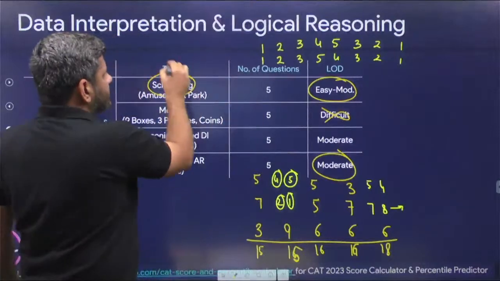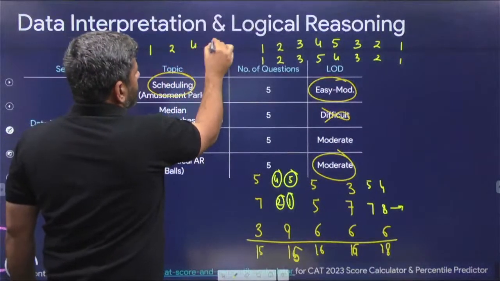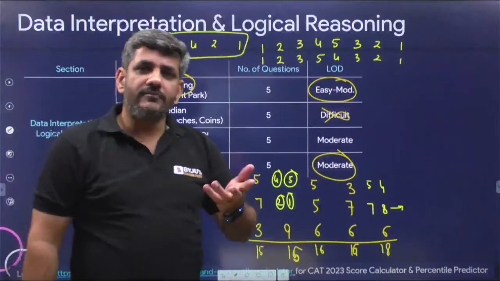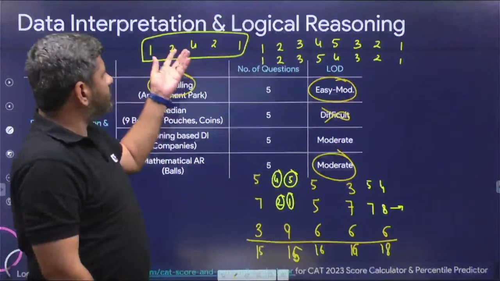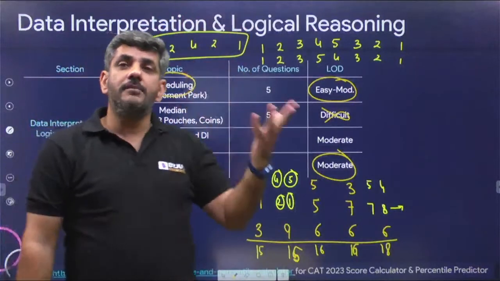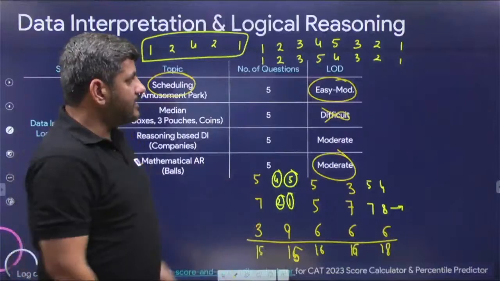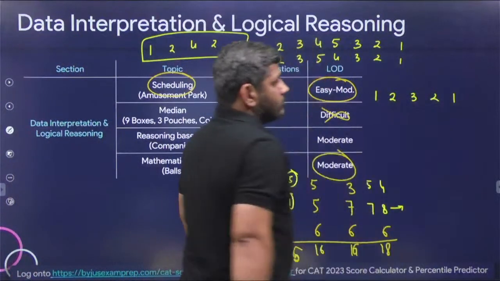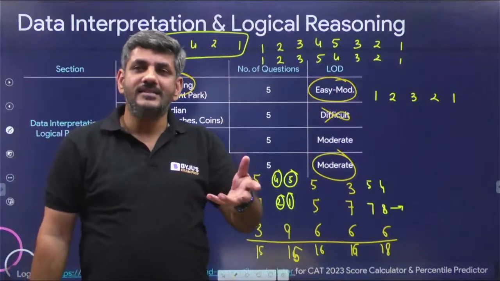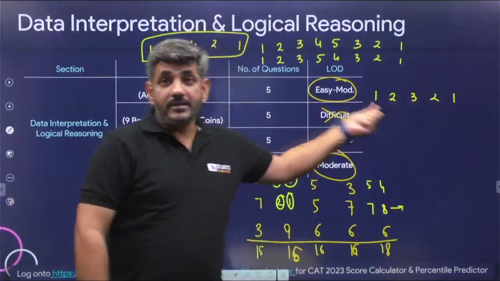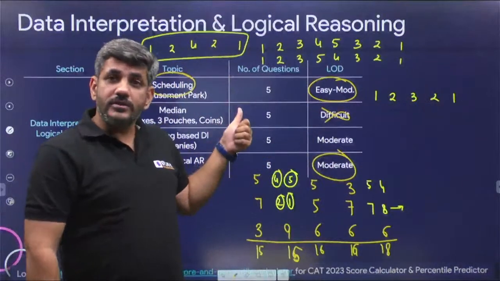But in one of the cases we got 1, 2, 4, 2, 1. I'm sure you all remember that. So there we get a unique answer, because 1, 2, 4, 2, 1 can be formed in only one way; even if you reverse it, it would still be 1, 2, 4, 2, 1. Similarly, there was another one, 1, 2, 3, 2, 1, whose total was equal to 9 CR. That one will also be formed from 1, 2, 3, 2, 1 only, and if you reverse it, it would still show 1, 2, 3, 2, 1.